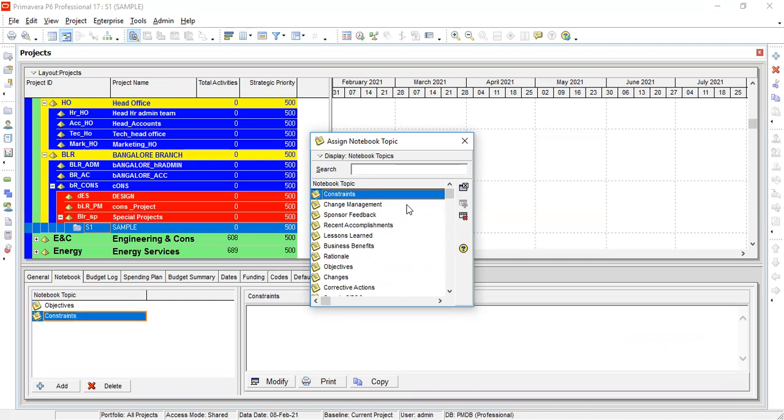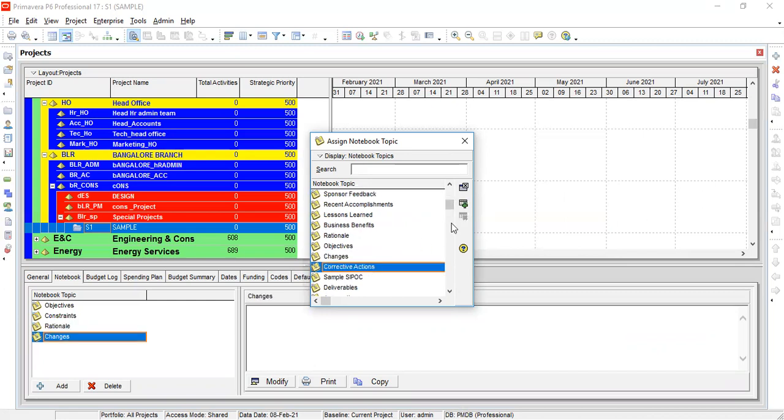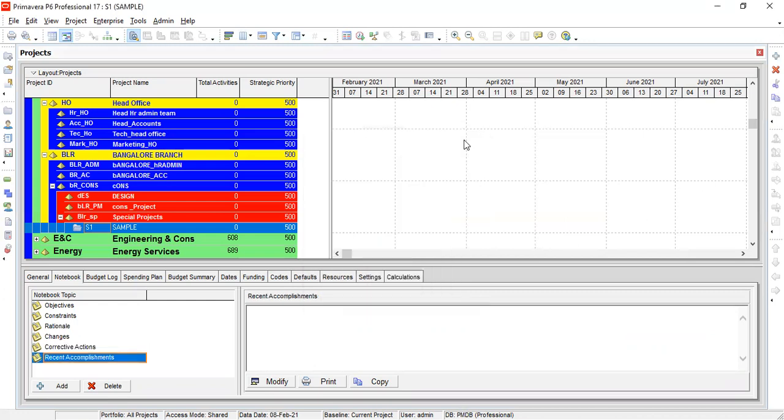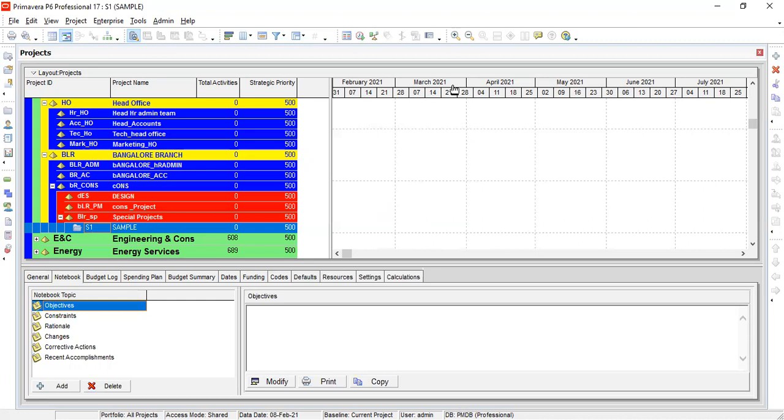Objectives of this project, constraints, and then rationalities, any changes, corrective action if any corrective action is planned, and then recent accommodations, like these topics. Select one topic and then modify, you can add the contents. Okay. Clear? Clear. So add the contents, images, anything, links and everything.